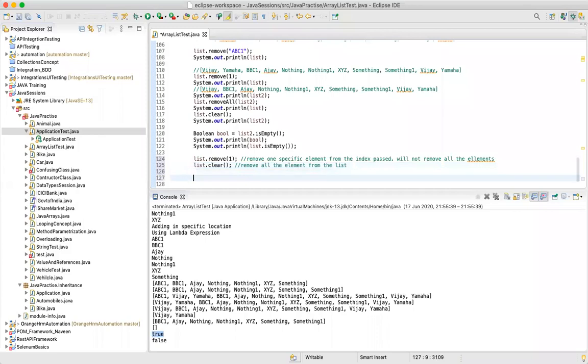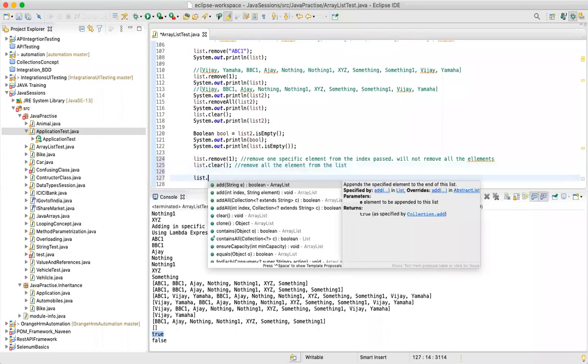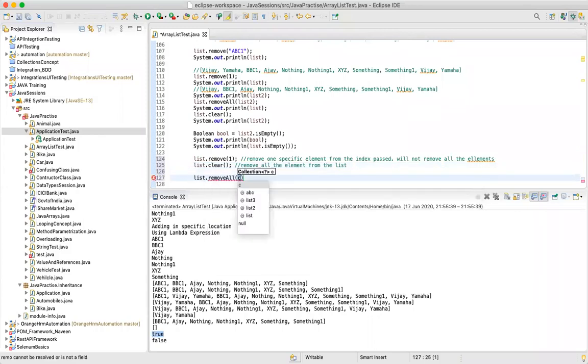And when I say list dot removeAll and pass a list name, list 2, it will remove all the elements present in list 2 from list 1.